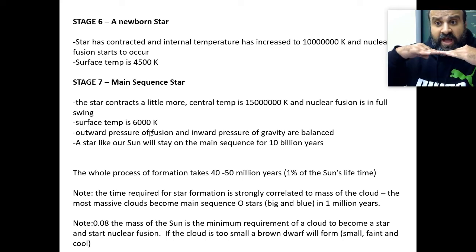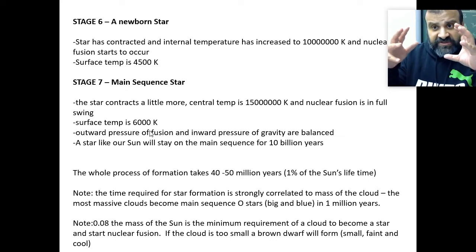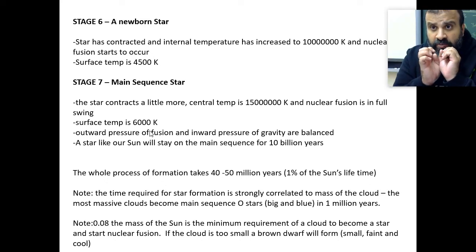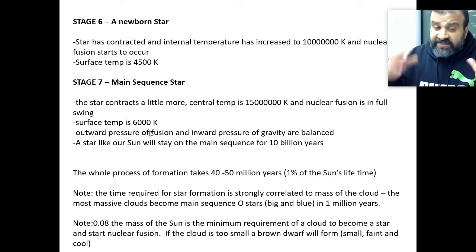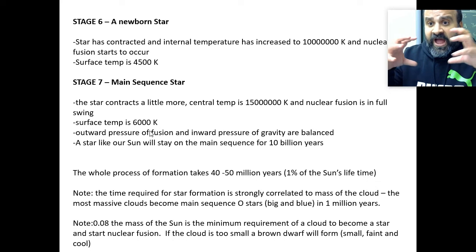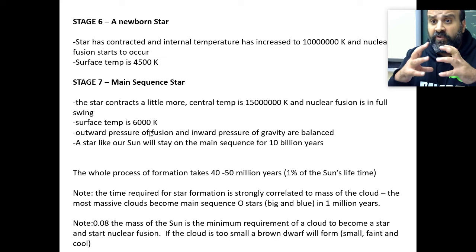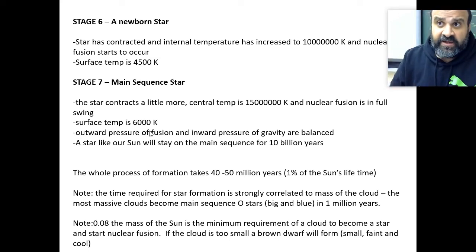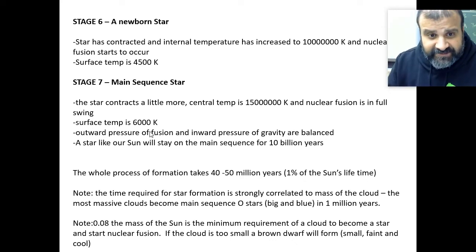Because we're balanced, we now have a sphere, right? If they were out of balance and there was more gravity, the sphere would collapse. If they were out of balance and there was more nuclear fusion, the star would expand and grow and eventually possibly dissipate. But at this point in the main sequence, gravity crushing in, nuclear fusion pushing out is balanced, and you have a perfect sphere like our sun floating out in space in the cosmos and providing energy for all life on our planet and powering our weather and whatnot, and all that good stuff.